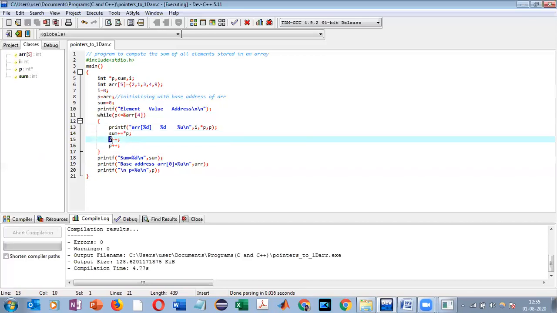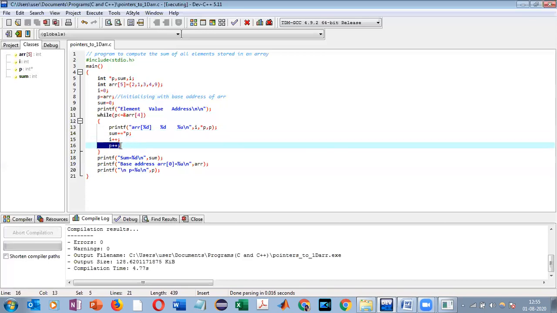And in every case, we are incrementing the index, and we are also incrementing the pointer. And as we were discussing, every time we increment the pointer with value 1, it immediately goes to the address at which the next array element is stored.